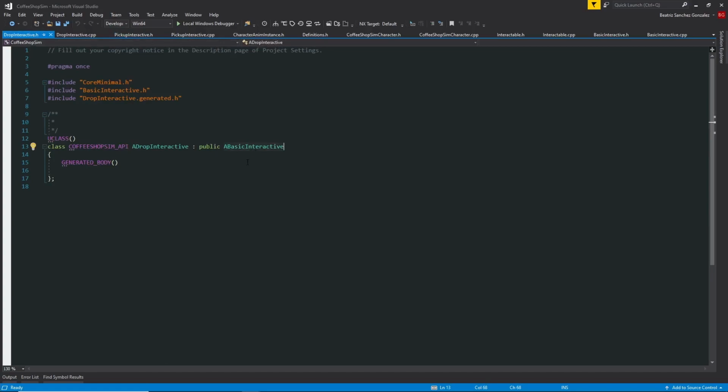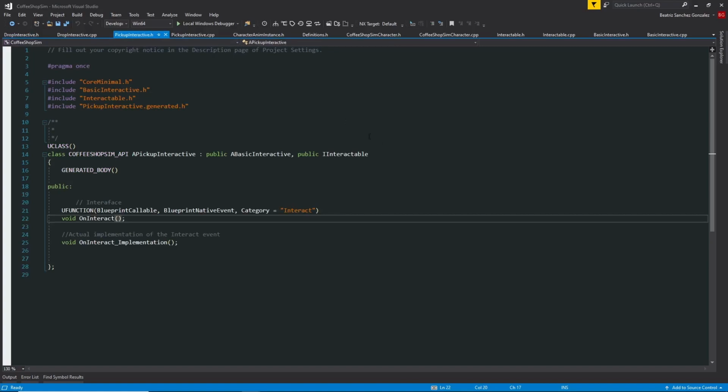It extends from basic interactive for both. Okay, on the pickup interactive, don't forget to also include the interactable to make this work, and important to add the include. Okay, so the pickup interactive, as you can see, it has these two methods already included. This comes from the interactable, and you need the blueprint and the implementation. This is because we will do a few bits on the C++,